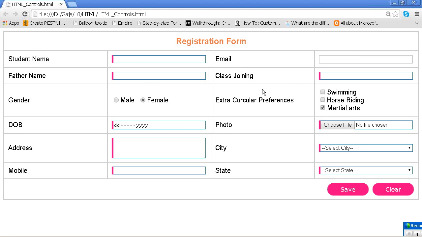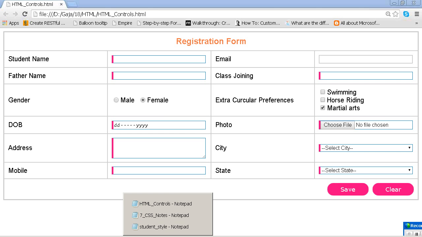So the preference is inline style, internal style, external style. I will tell you one thing: you have written external style, but you went to the control and you wrote something in the style equal to something. Will this affect external or inline? No, inline. Inline is first reference, right? You are giving reference for the local. Then it will go to internal and external. Which will have first reference? Internal. External will be the final. You understand it? Okay. So this is how we can use the CSS, and please practice this also.